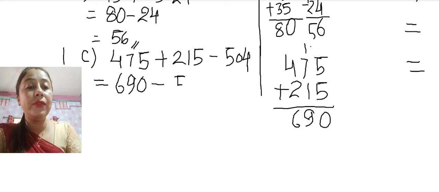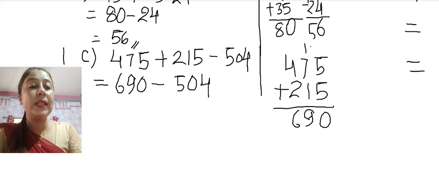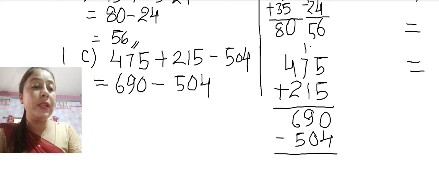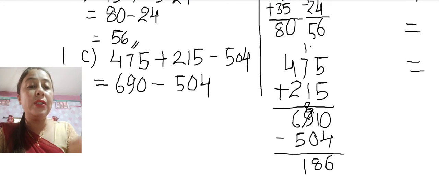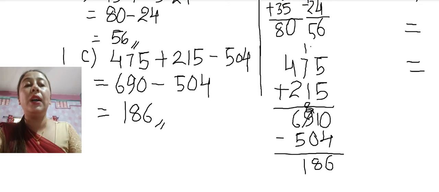minus 504 is already there. So I will write 504. So 690 minus 504. Let us subtract in our rough work. So that will be 10. Yes, because 9 will borrow its 1 and 9 will become 8. So 10 minus 4 is 6. 8 minus 0 is 8 and 6 minus 5 is 1. So the answer I got is 186. So hope you all understood what I am doing.